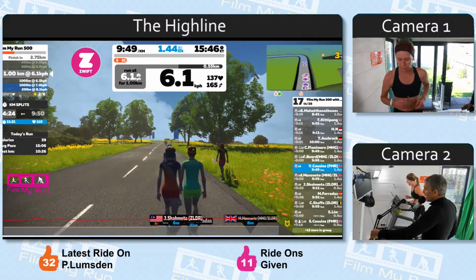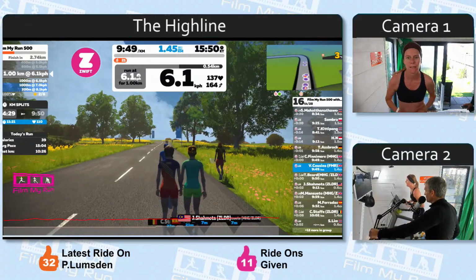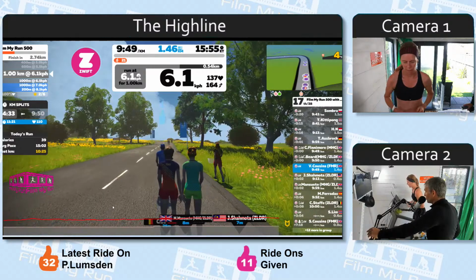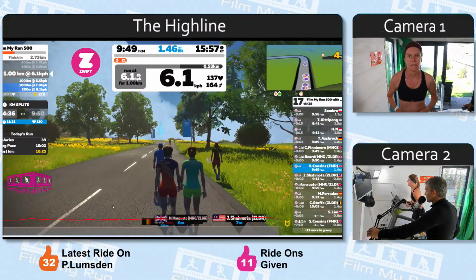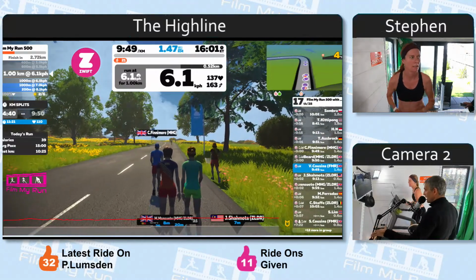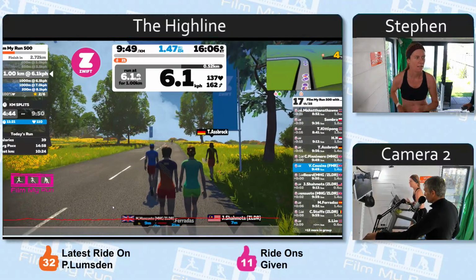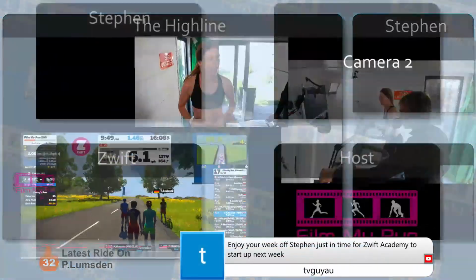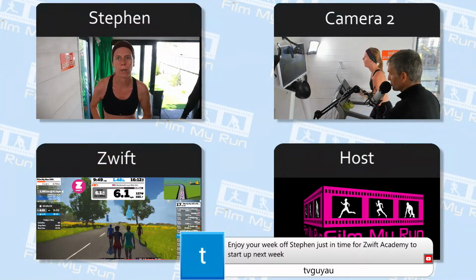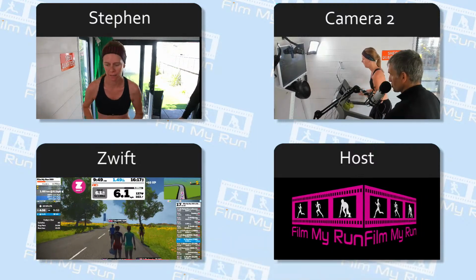Zwift has taken time out to reassess where they're going with the platform, with the systems, and running has taken a big back step, or a big hiatus in terms of development on the running side of things. So we're still waiting for Zwift to kind of say, right, we're ready to go with running again. At the moment, we're simply just hanging on, waiting for new development to happen in running. And that is all kind of dependent really on how well cycling goes in the next few months and how well hardware development goes on the Zwift side of things.